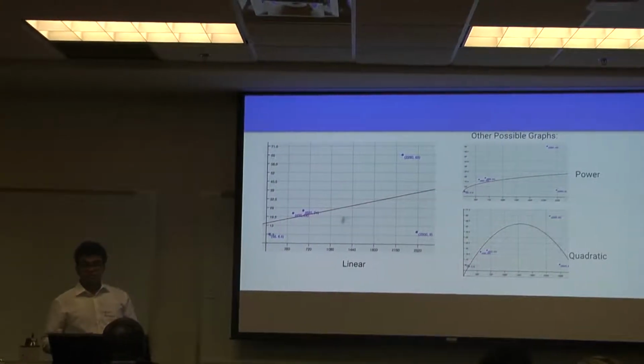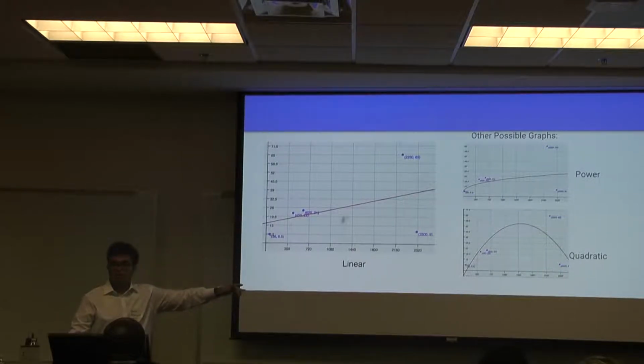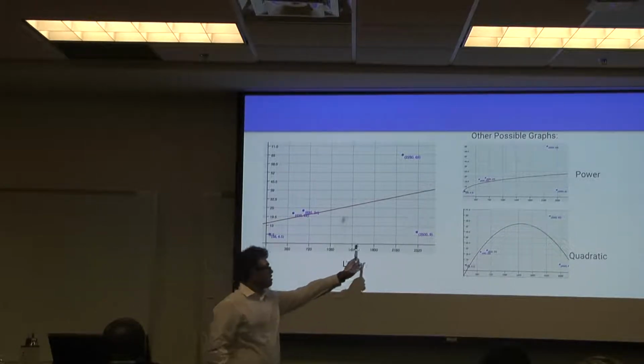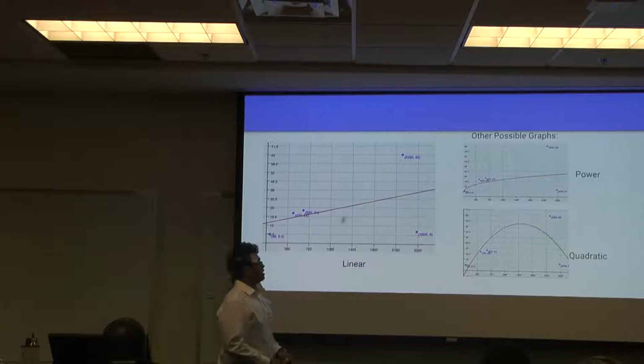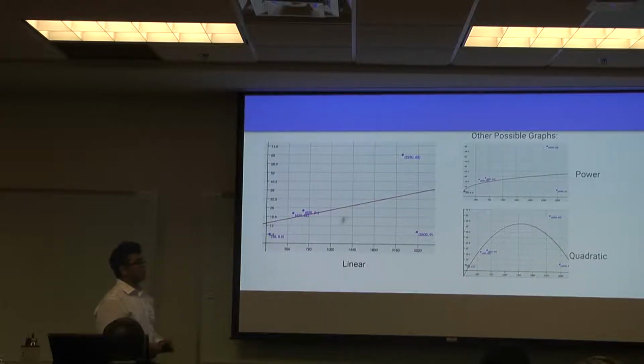And I think this distribution seems linear, but if you don't agree with me, I also put up the graphs for the power and the quadratic. If you just don't think that it should be linear, I put a power and quadratic. But the main thing that I see is that there's a big outlier right here. A ball that weighs 2,500 grams and has a diameter of 9 centimeters, and that was the weighted baseball.